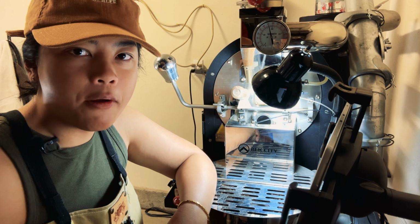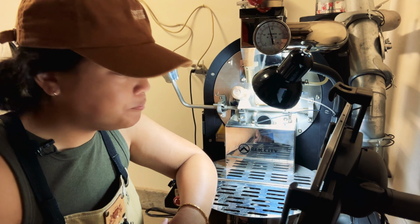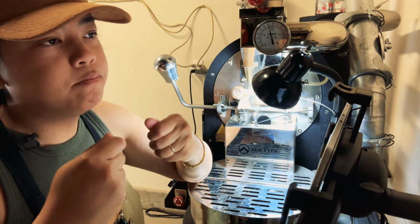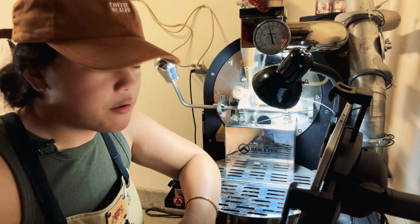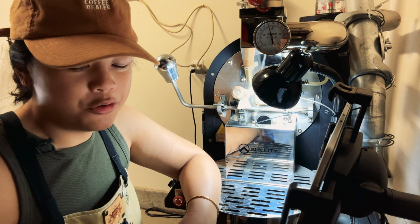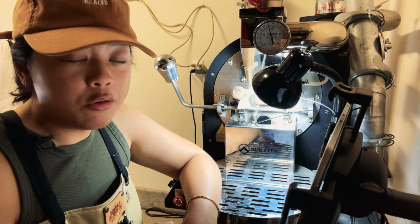Wow. Whoa. Dude, right out the gate. Bursting with candied, fruity, candied like fruit. Okay, I feel good about it. I'm not too nervous anymore, so we're gonna taste it. If I did anything wrong,